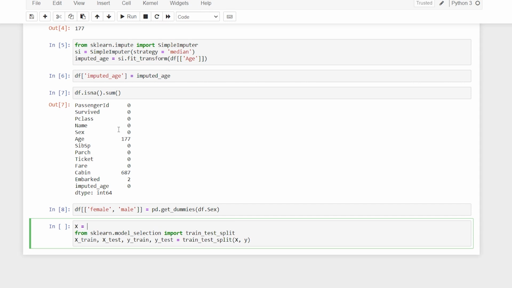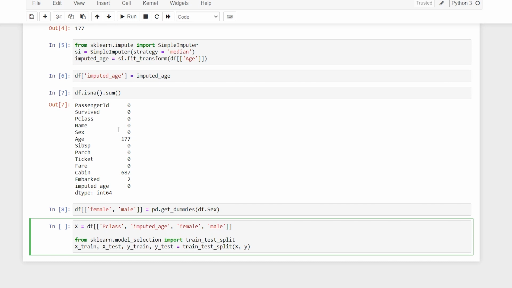I'll say X is equal to, and here I'll select the columns: pclass, then imputed_age, then female, then male. I haven't taken embarked. Otherwise you can just label encode it and take it, not an issue.